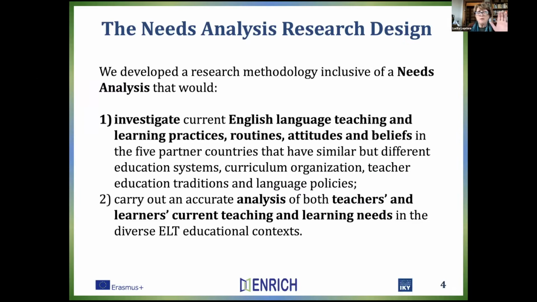This is something important to bear in mind, because too often we do not reflect upon the country identities. We had similar education systems, but we had slight differences among each country.